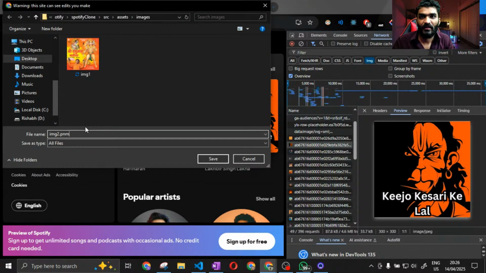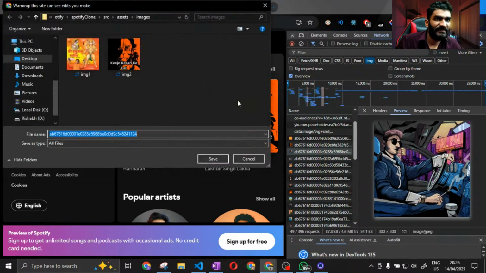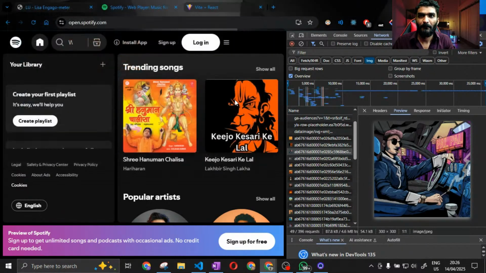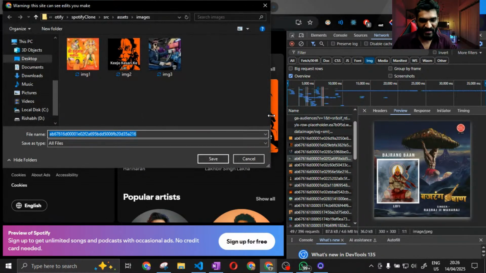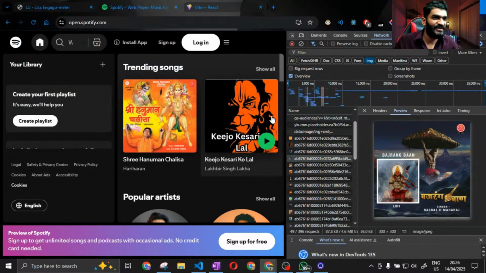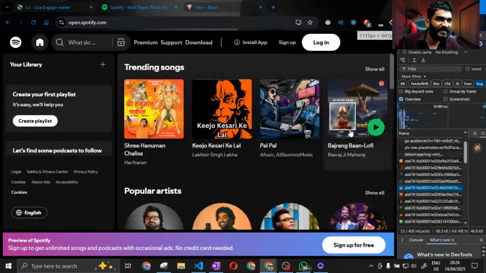लेट मी सेव दिस इमेज एज image2.png, right, now here comes my third image, save image as image3.png, here comes my fourth image, save image as image4.png, here comes my fifth image। अबे यही सब इमेज थी भी कि नहीं? हाँ यही सब थी, ठीक है, कूल है।